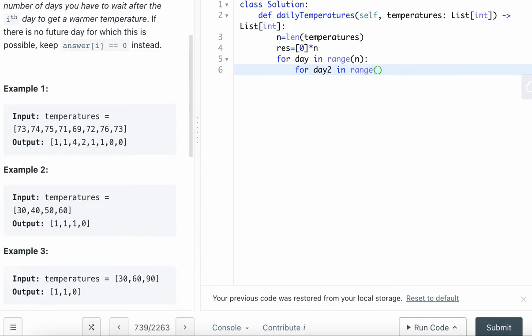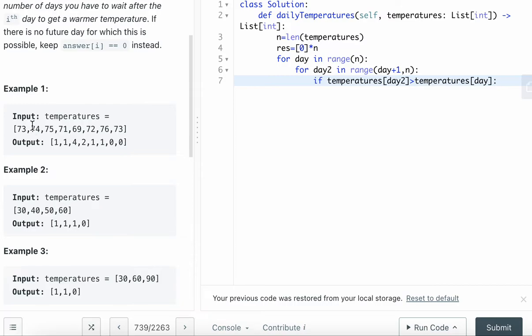I will start from index 1 in this case, day plus 1, and go until n, because the future day will always be bigger than the previous day's index. So if the temperature of day 2 is bigger than the temperature of day,